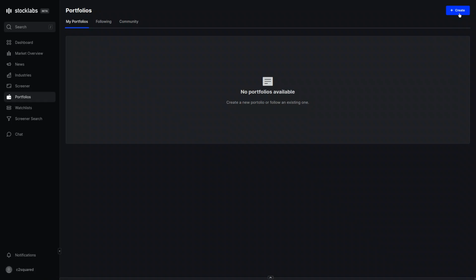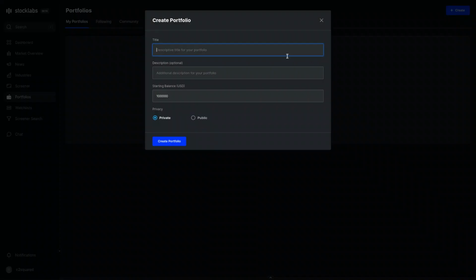So if we go to create and make portfolio, we give it a name, you can describe it. This is optional, but maybe if you're running different strategies and you just want a reminder like, hey, for this portfolio, I'm buying stocks that were this or stocks that have done that, then you could write a little extra description,